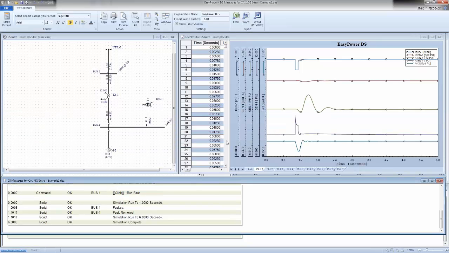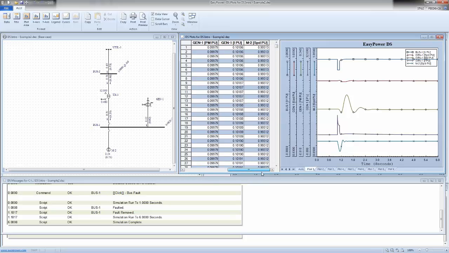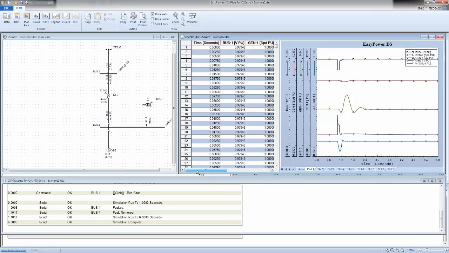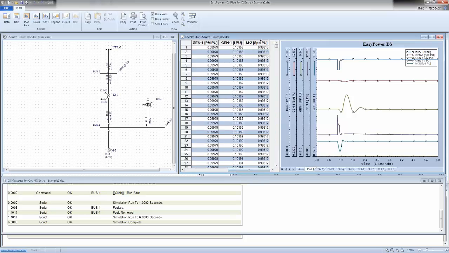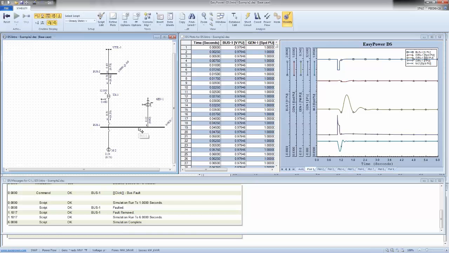Those of you who have worked with the harmonics module should probably know, in any module where we have a plot and the outputs are presented in terms of plots, we always give you the points, so it's not just the plots. You can also see the points here. And obviously there is an auto plot capability. That auto plot capability is for double click. If you double click on something like a fault here,